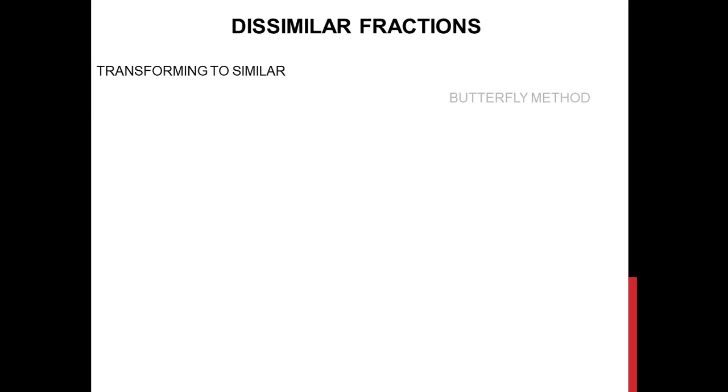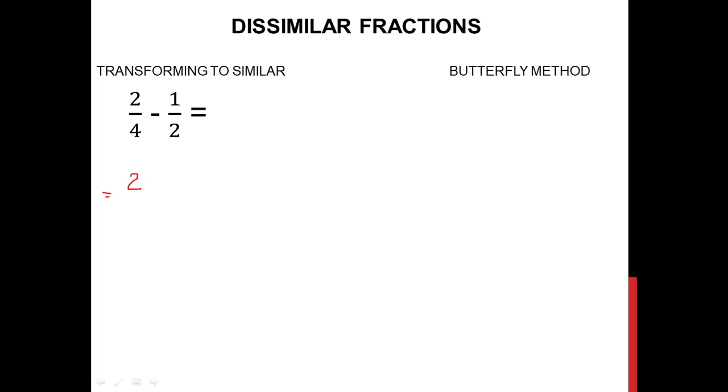So let's have subtraction of dissimilar fractions. Basically the methods are the same. So in transforming to similar, we need to make the denominator of each fraction similar. So like in the previous example, we already have the least common multiple for this one, which is 4. So let's go ahead and bring it down here. Since we need to make the denominator of 1/2 into 4, let's just bring down 2 over 4